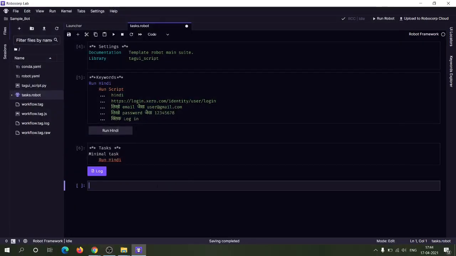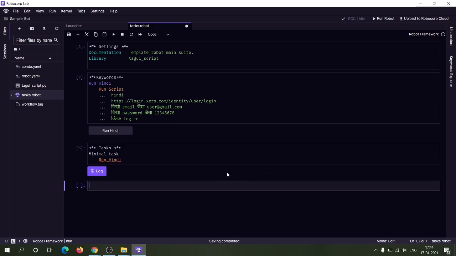You can see that it has done the operation successfully. Since we had not provided the echo word here, it doesn't output any word in the Robocop console. It is actually terminating by clicking on the login button itself.